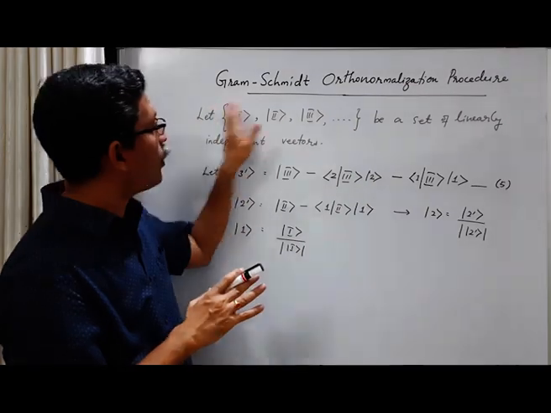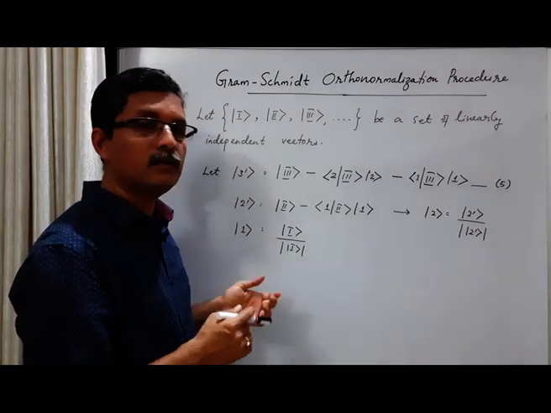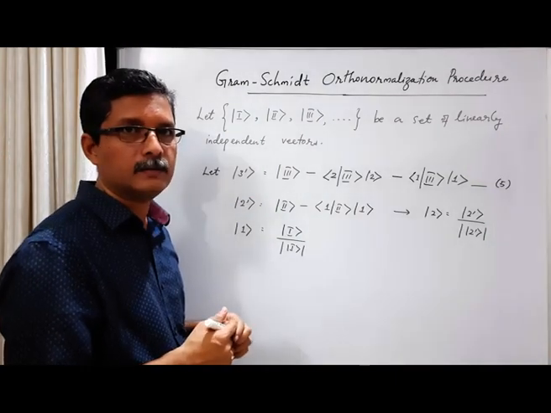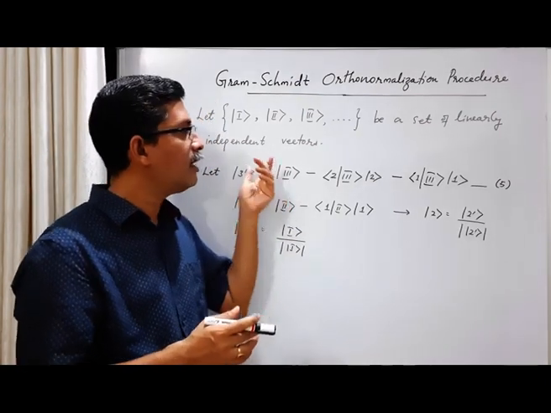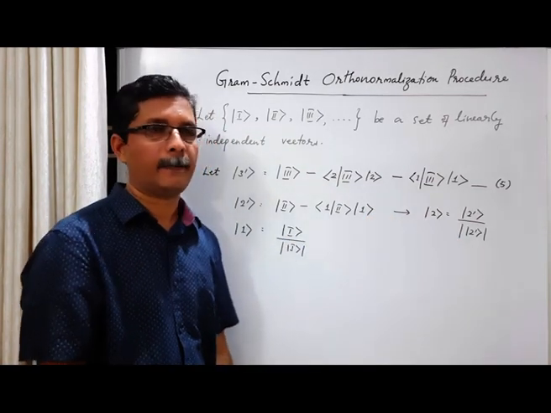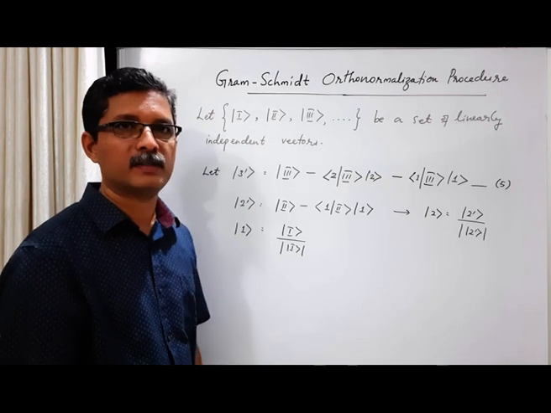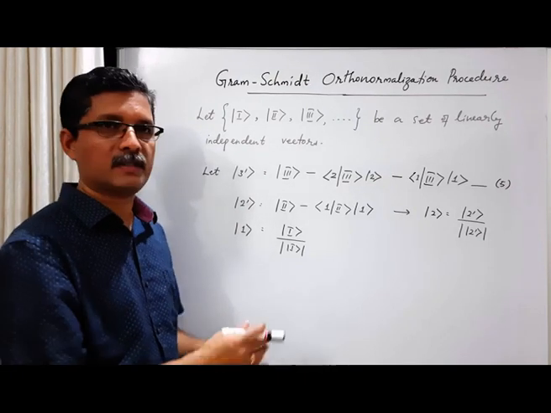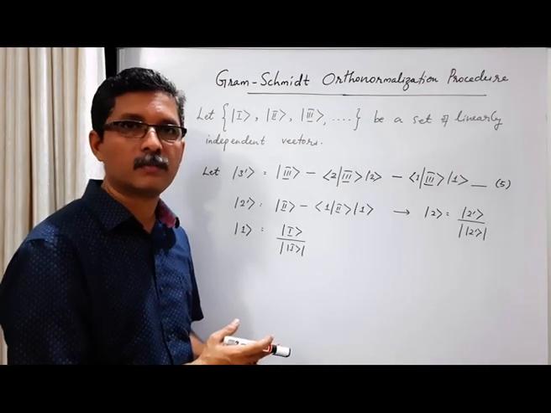So if you take the proper linear combinations between the old vectors, then you get the new set of orthonormal vectors. And the idea of these linear combinations is basically you take a vector and subtract its components along the direction of the other vectors. That's the idea. And then take the normalization also by dividing with its modulus. So this is the construction of the Gram-Schmidt orthonormalization procedure.